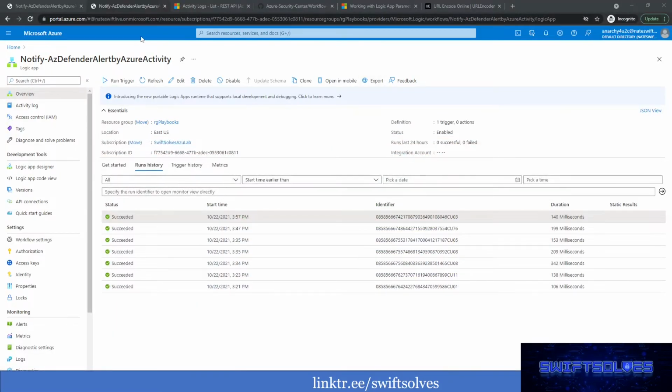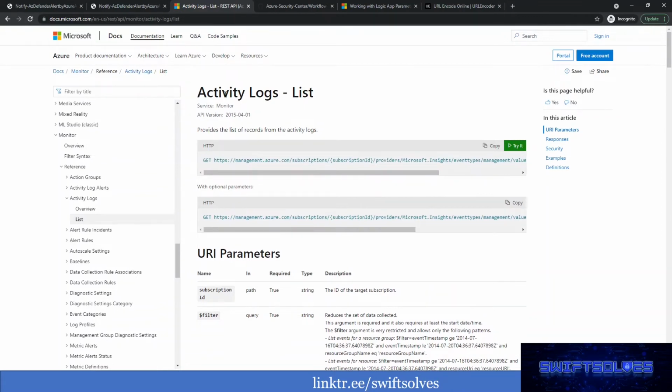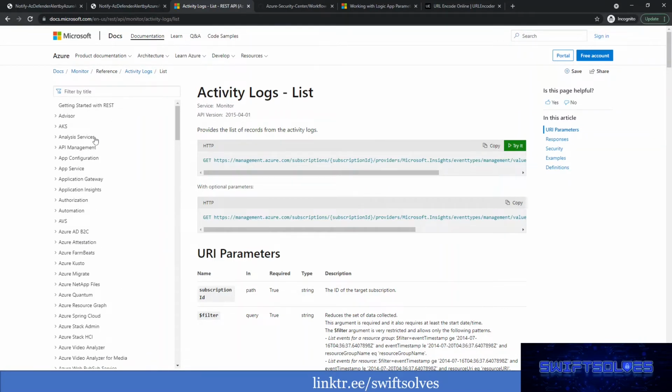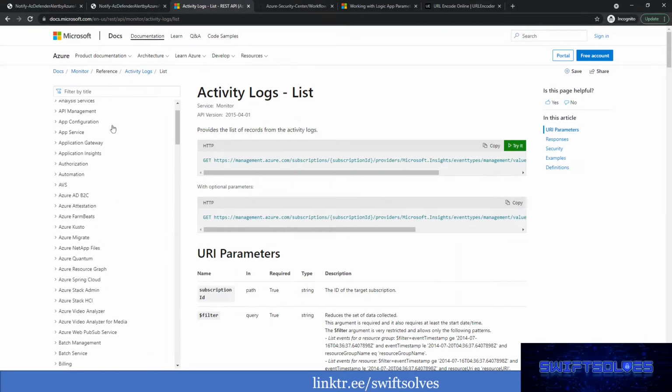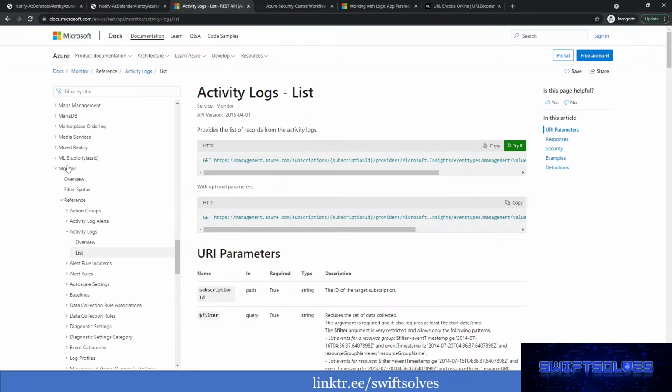And to get an idea of the next step that we need to take, we'll need to look at the Azure Resource Manager's REST APIs. And to get an idea of that, we can look at a REST API call called activity logs and listing the activity logs. This is a really great reference. You can find all of the Azure APIs available that you can invoke in a Logic app. And so looking in here, we've got under Azure Monitor the activity logs and a capability of listing those activity